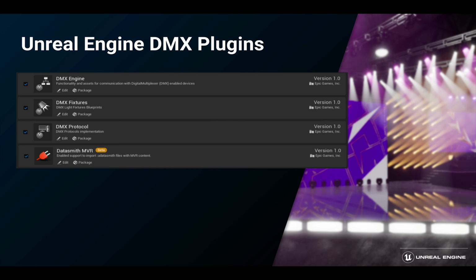Those are what actually run the underlying subsystems. The DMX fixtures are what we're actually going to be using when we import the MVR, and then we have this Datasmith MVR importer, which allows us to import these MVR types with our Datasmith importer.